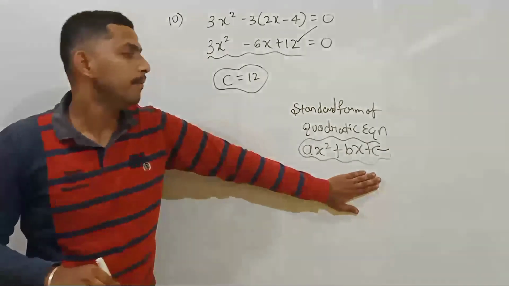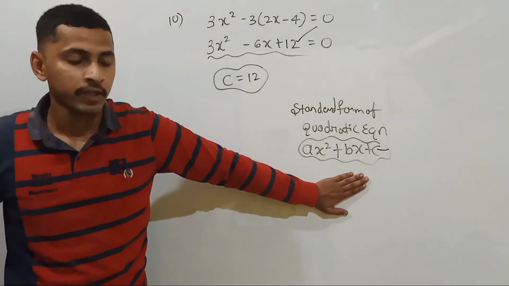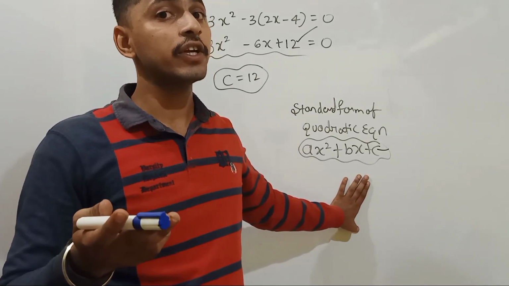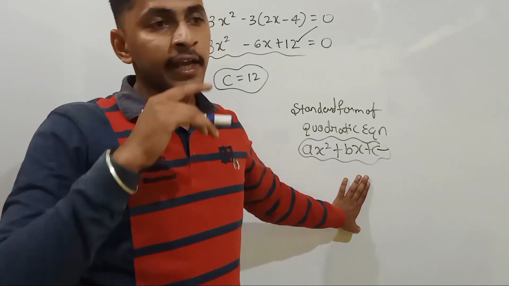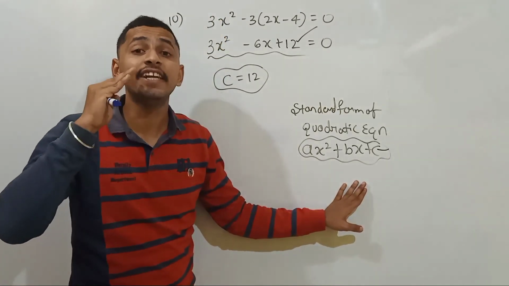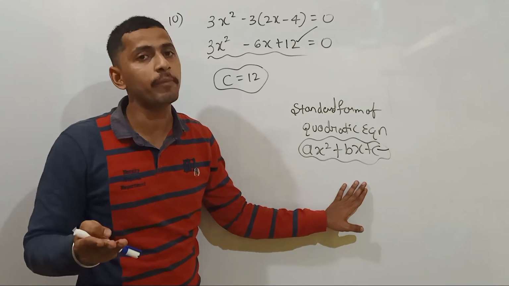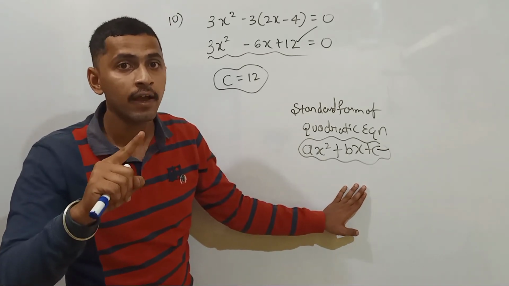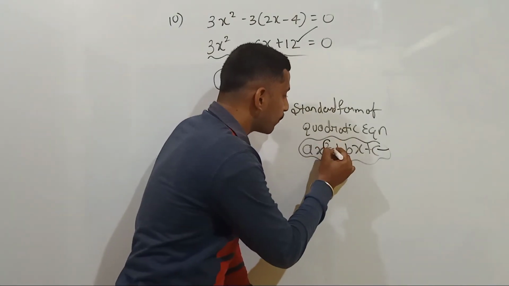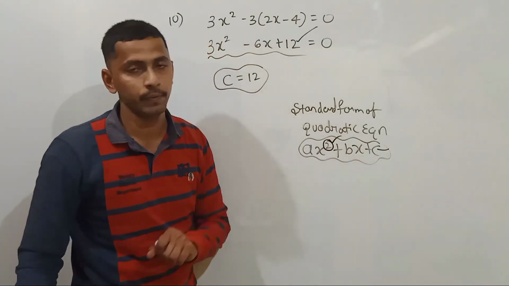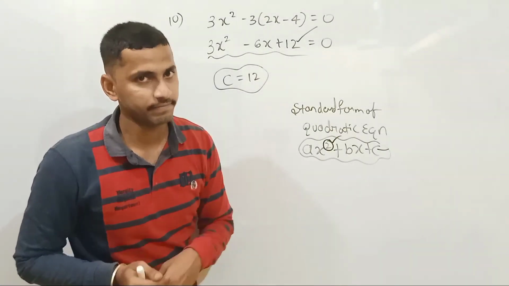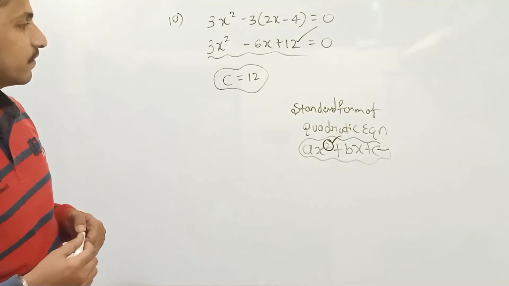Please be very careful, because sometimes you may confuse linear, quadratic and cubic equations. If it is linear, the highest power, that is the degree of the polynomial, will be 1. If it is quadratic, the degree of the equation will be 2. If it is cubic, the degree of the equation will be 3. Please note, this is the last question of this session.